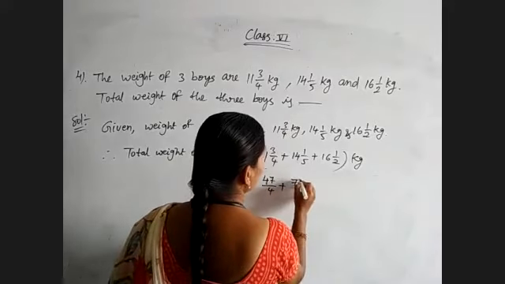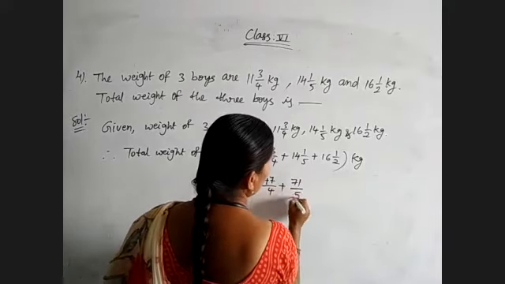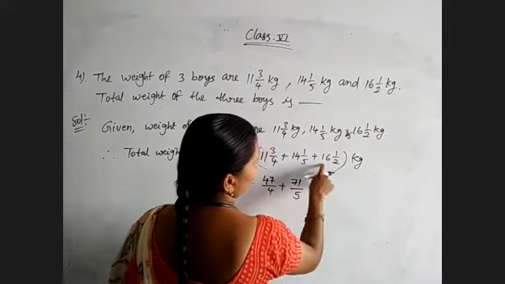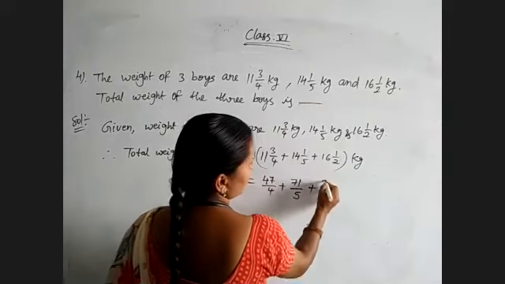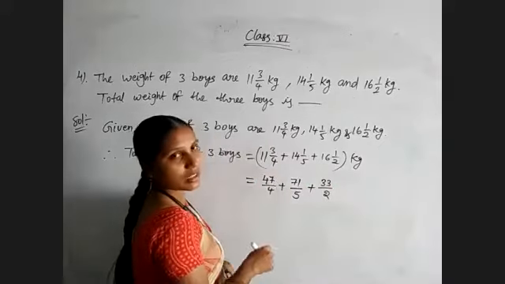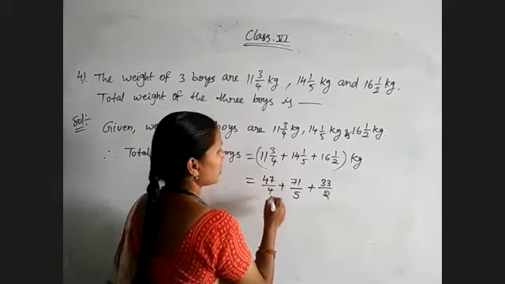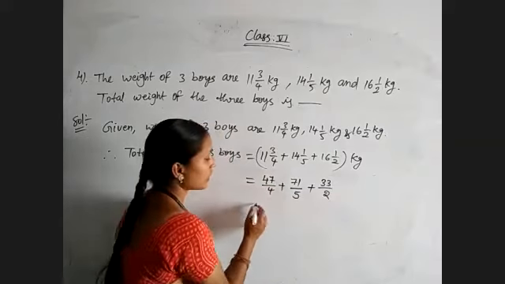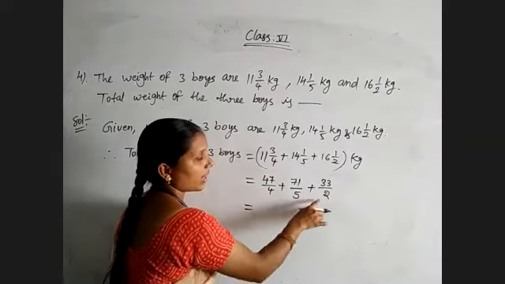70 plus 1 is 71 divided by 5, plus 16 2s are 32 plus 1 is 33/2. So we know how to convert mixed fractions to improper. Lastly, we will keep the units, okay? And here 4, 5, 2 all are